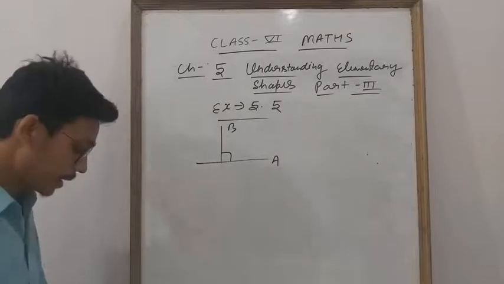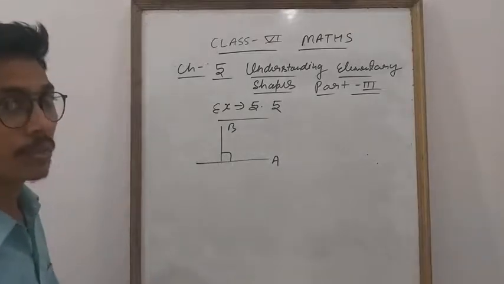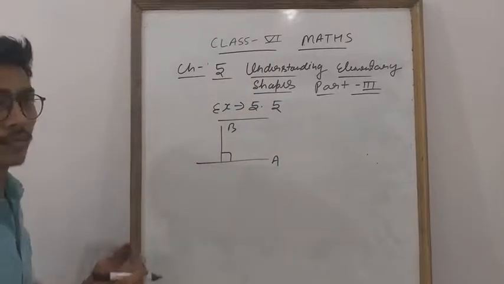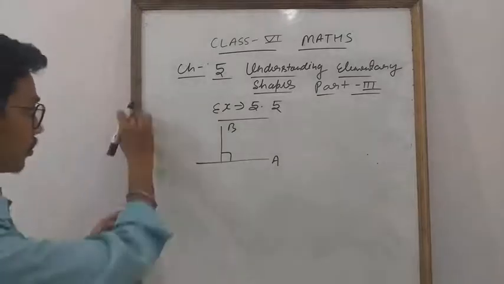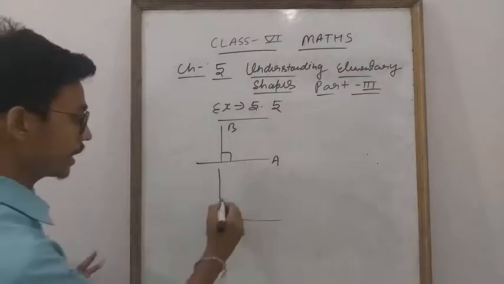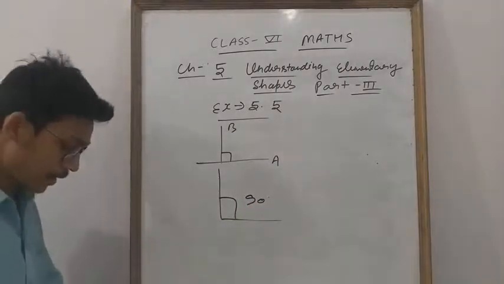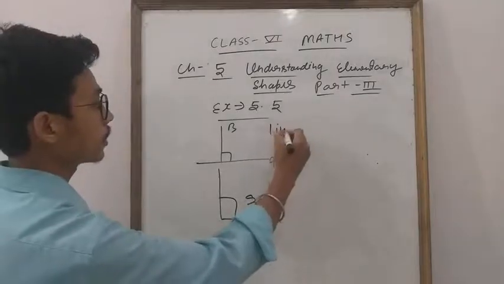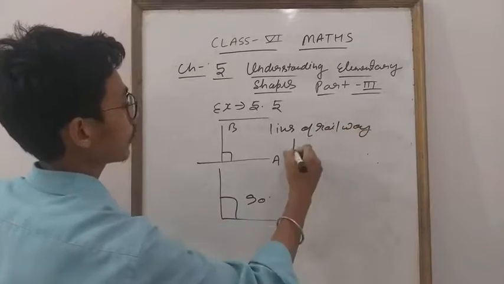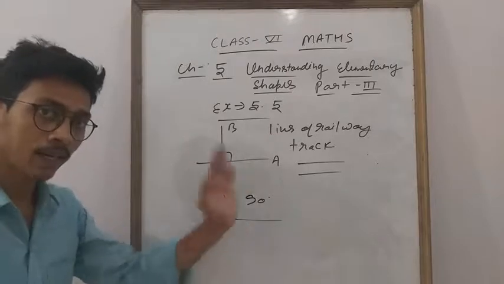The first example given is the adjacent edges of a tabletop. What is the meaning of this? See, let us assume this is your whiteboard. Adjacent edges means having a common side. So see this side and this side, like that. So they are at 90 degree. That means the first statement is true. Second, the lines of a railway track. Tell me what this is. Like that, they are parallel. You will write parallel.